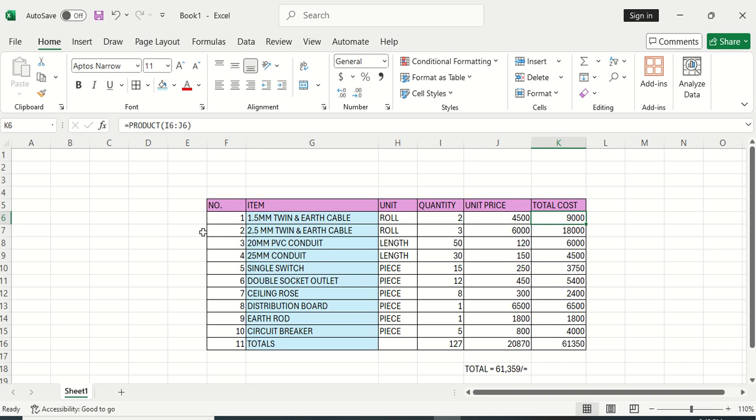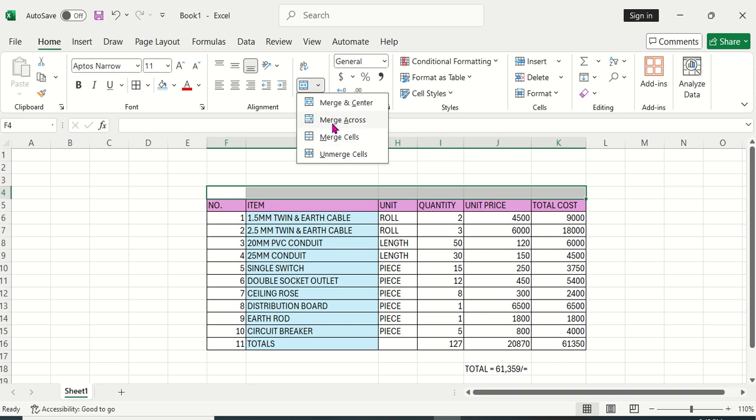So the next thing I'm going to do is put a title. I'll come to this center, hold, and scroll this way. Once I do that, I'll click on merge cells. Merge cells is here under alignment. I'll click this arrow, then I say merge cells. Once I do that, I can type the title up there. So I'll click there, and then I'll type